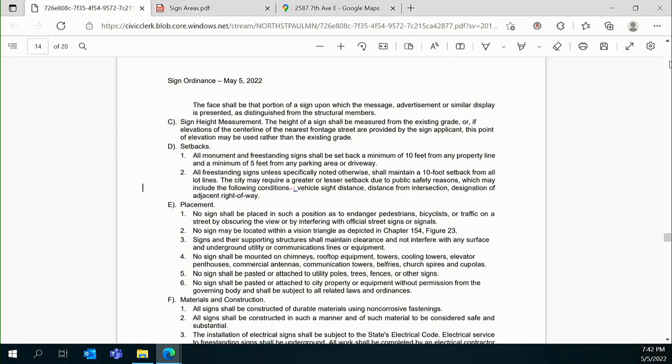So do we want to do the same with feather signs? Well, hold on, if you wouldn't mind. I believe we just decided that any setback is going to be from the curb instead of the property line. So that takes us back to the beginning of the ordinance. I'm talking about non-permanent signs, though. I think it should apply throughout, anywhere where there are setbacks. Sorry, are you talking about permanent signs, too? Both permanent and non-permanent signs.